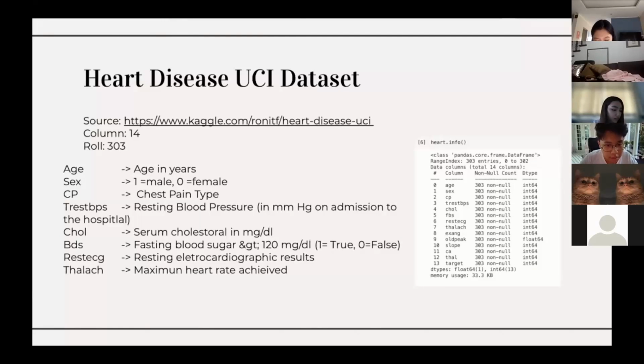When we look into this dataset, the 14 columns include age in years, sex, 1 for male and 0 for female, chest pain type, which has four values, resting blood pressure in millimeters of mercury, serum cholesterol in milligrams per deciliter, fasting blood sugar less than 120 milligrams per deciliter, resting electrocardiographic result, maximum heart rate achieved,